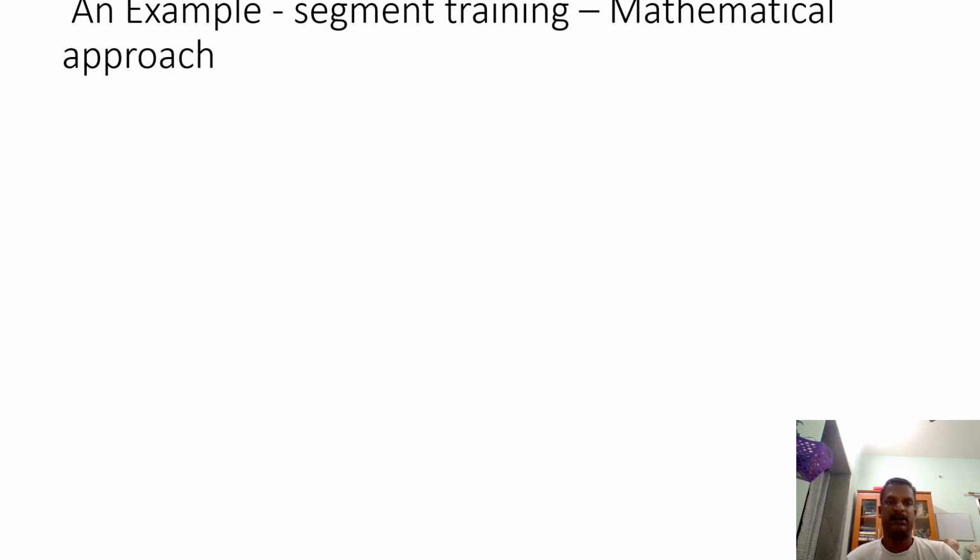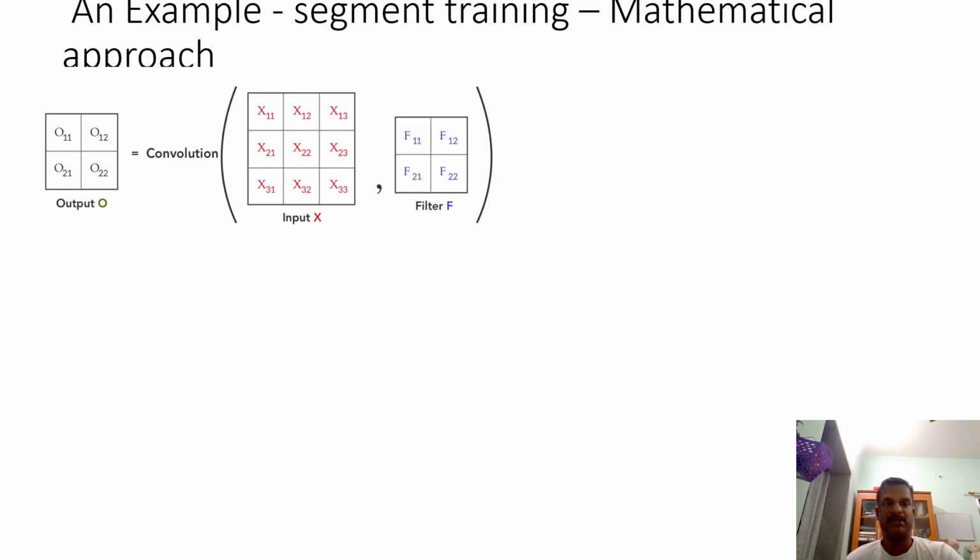Welcome, students. In this session, let us look at a mathematical approach for the training process of CNN. We looked at the theoretical concepts of training of CNN in the previous video. Now we will go into the mathematical approach, just a skeleton or a framework for a better understanding of the concepts. So now you can see that from the theoretical explanation that your output is based on the convolution process